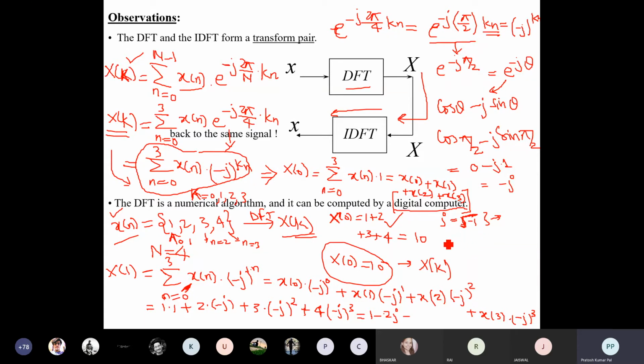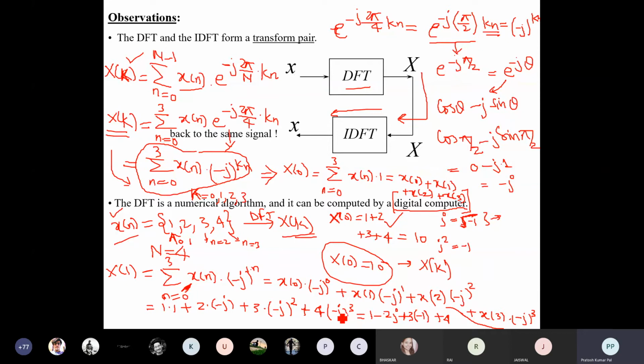If we square both sides, j square will be equal to minus 1. So from there, minus of j square will again be a j square, and j square will be minus 1. So it will be 3 multiplied by minus 1, plus again this 4, and again it is minus j to the power 3.